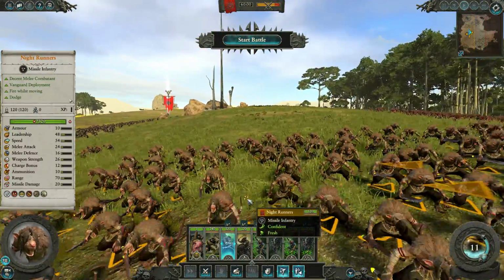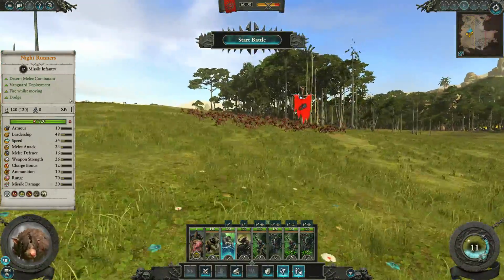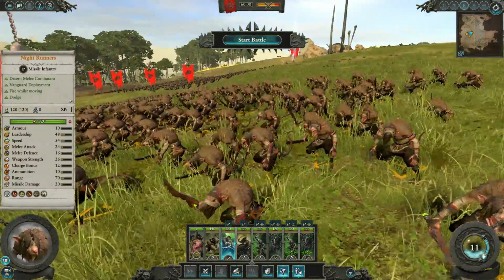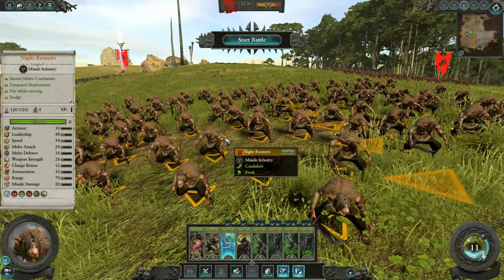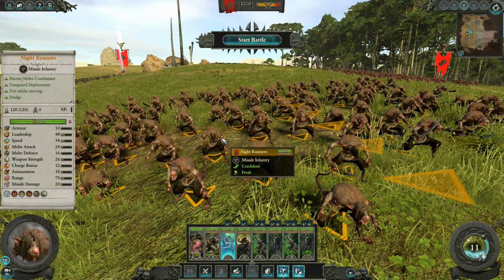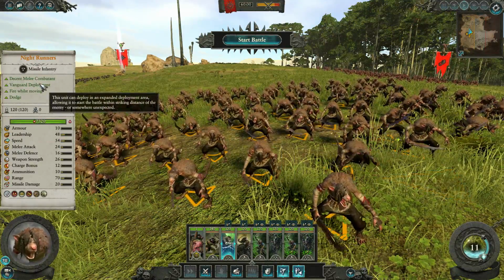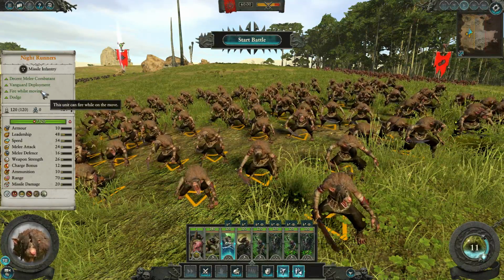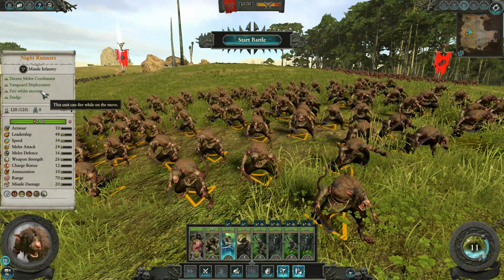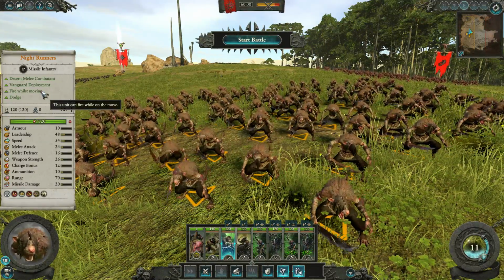Nice looking models, pretty simple. If the slaves are the bottom tier, these are the junior level guys. They're decent. I like the way it says decent in combat. Honestly, they're decent. But they do have Vanguard deployment, which is massive, as well as fire while moving, which is more useful than you think, because most